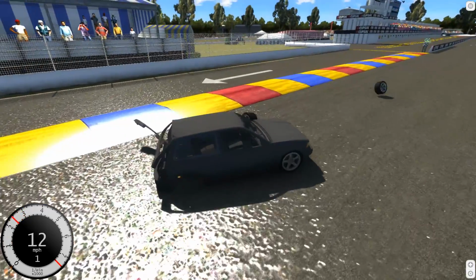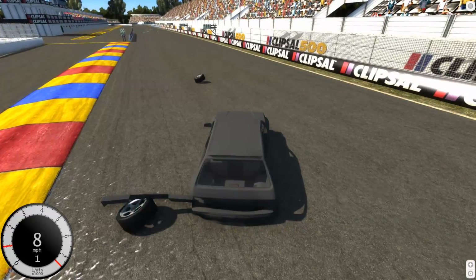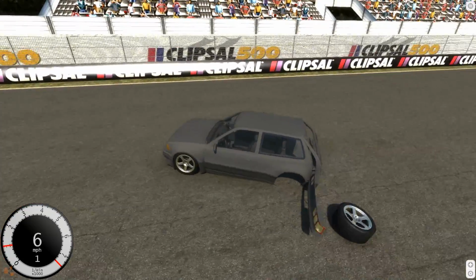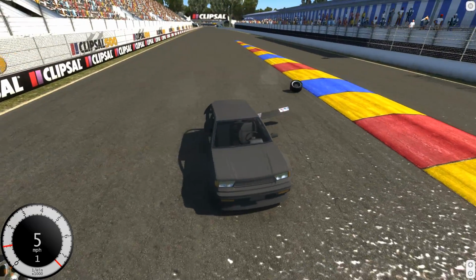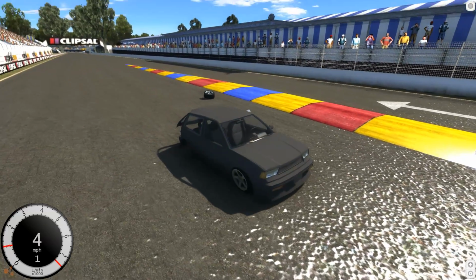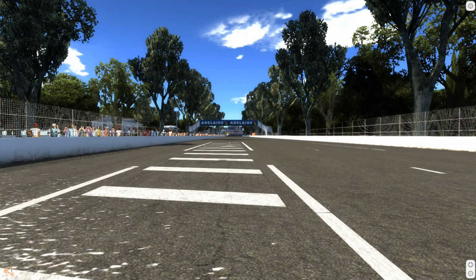Yeah, it was a little bit crazy with this car here. It was good fun though. I love the challenge of driving a car as it falls apart. It made it interesting. I will say that much. But there we go. All three of the massively overpowered monsters actually made it around the streets of Adelaide. So it is on to the